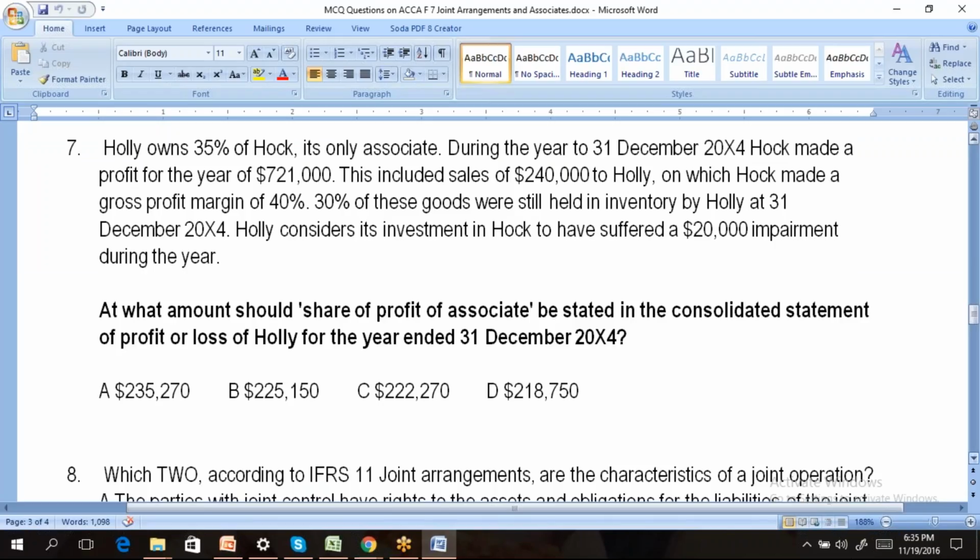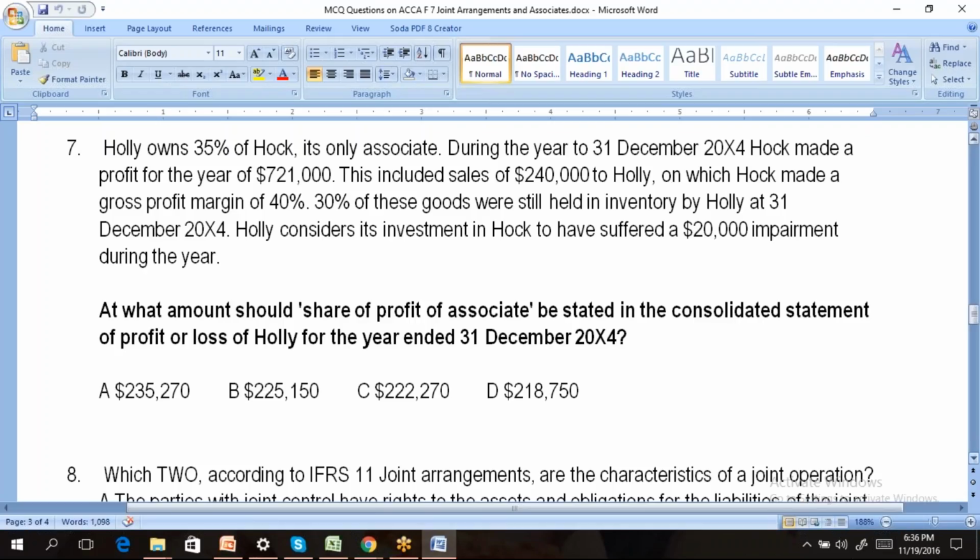This included sales of 240 to Holly, on which Hook made a gross profit of 40%. 30% of the goods were still held in inventory by Holly at 31st December 2004. Holly considers its investment in Hook to have suffered a 20,000 impairment during the year. At what amount should the share of profit of associate be stated in the consolidated